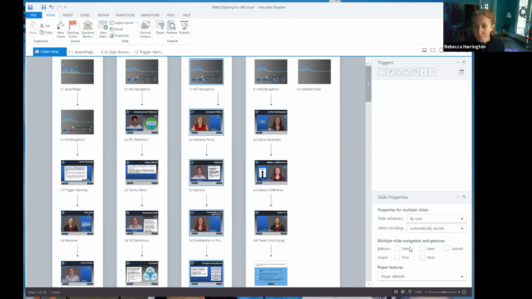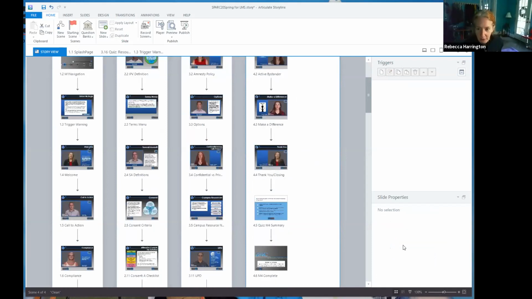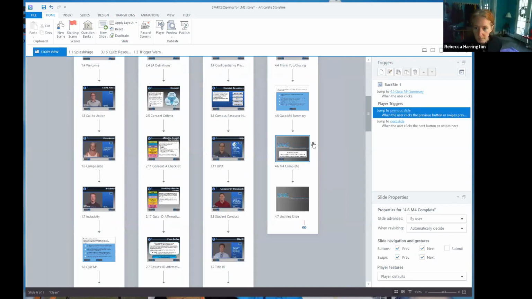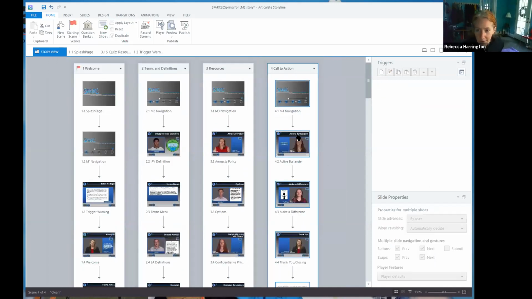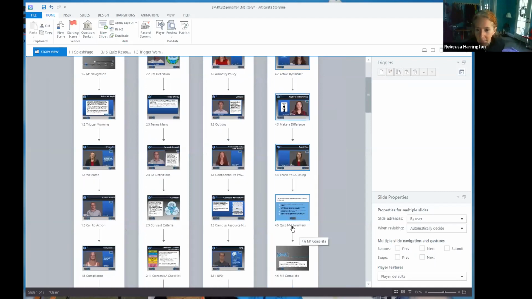If half of the slides are turned on and half of them are not, it makes it a little bit more difficult to do. Let's see, if I turn this one on and turn these back, highlight all over here. Sometimes you get a little square. I want to see if I can get that to show up. That's interesting, it does not want me to demonstrate that for you.